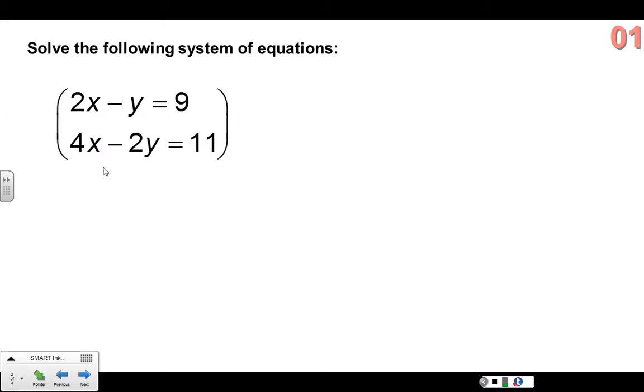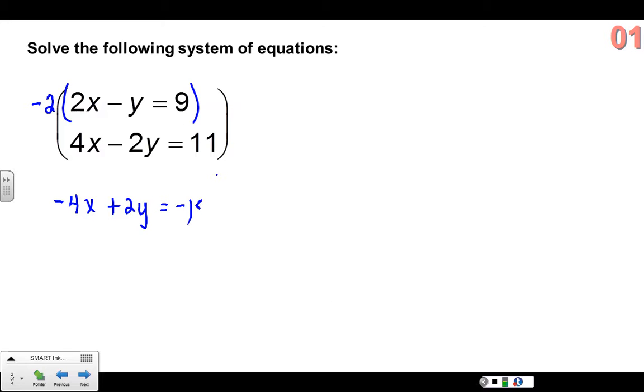What you need to look at is to see what can you multiply an equation or both equations by in order to get some variable to drop out. Well, in this problem, it looks like I could easily get the x's to drop out if I multiply the top equation by -2. So that's what I'm going to do. Multiply the top equation by -2, so that would give me -4x plus 2y